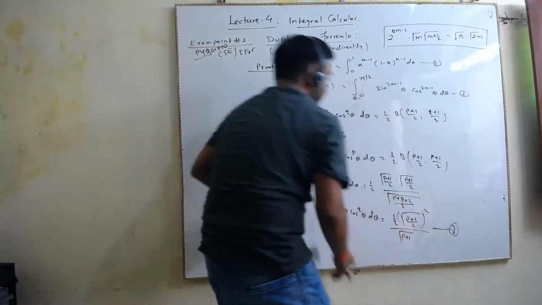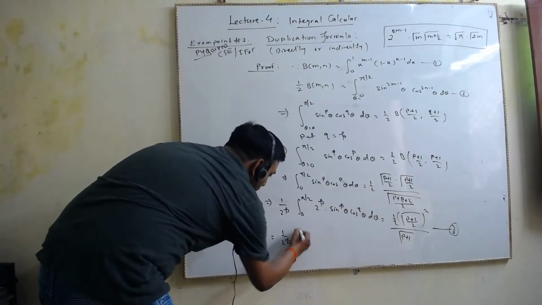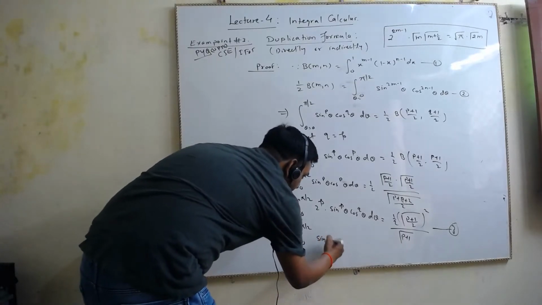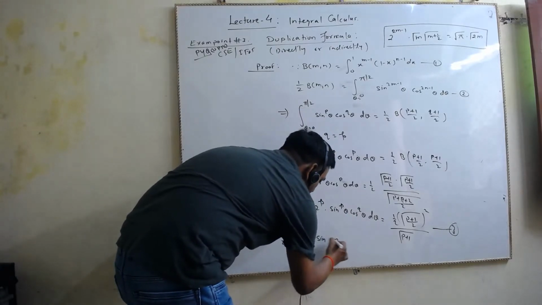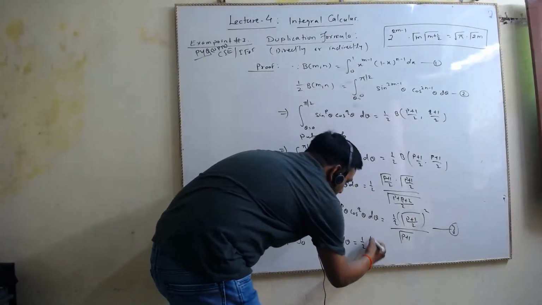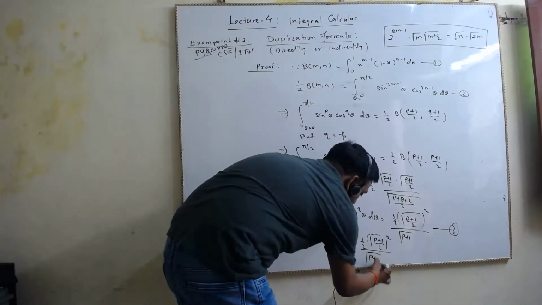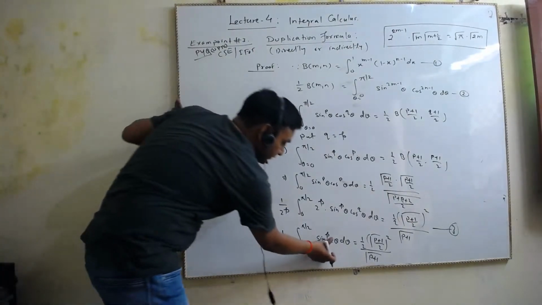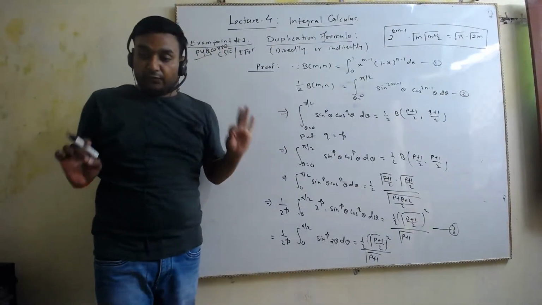Let's give this as equation number 3. Now this will become 1 upon 2 to the power p, 0 to pi by 2, sin 2 theta, right? So 2 sin theta cos theta is sin 2 theta, power p d theta, and this remains the same: 1 upon 2 gamma p plus 1 by 2 whole square divided by gamma p plus 1. Please note this much, the theory is done. This is 2 theta here, okay? Please don't be confused here.